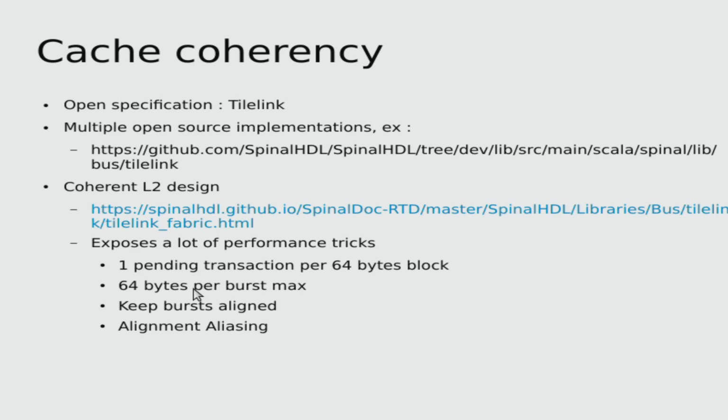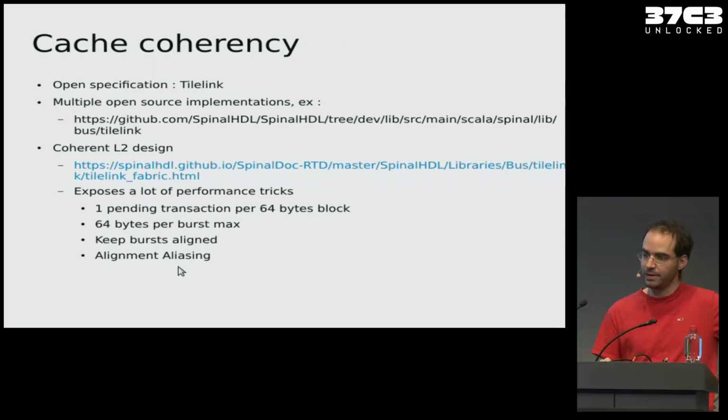And for instance, the L2 data cache will only support memory transactions up to 64 bytes. Getting a very long burst for your video DMA to be efficient will not help, quite the reverse. So going above 64-byte access may have negative effects. There is a notion that keeping memory bursts aligned is really important. Up to a given point, you can have alignment aliasing, and there are a lot of little nuances which can appear with this kind of design,